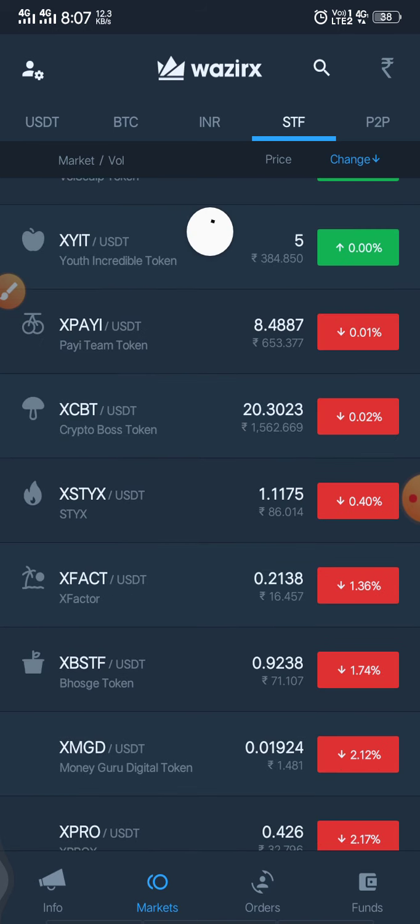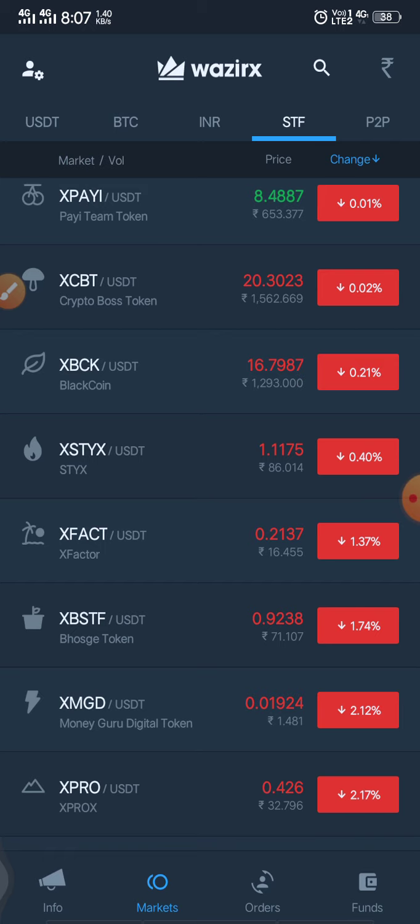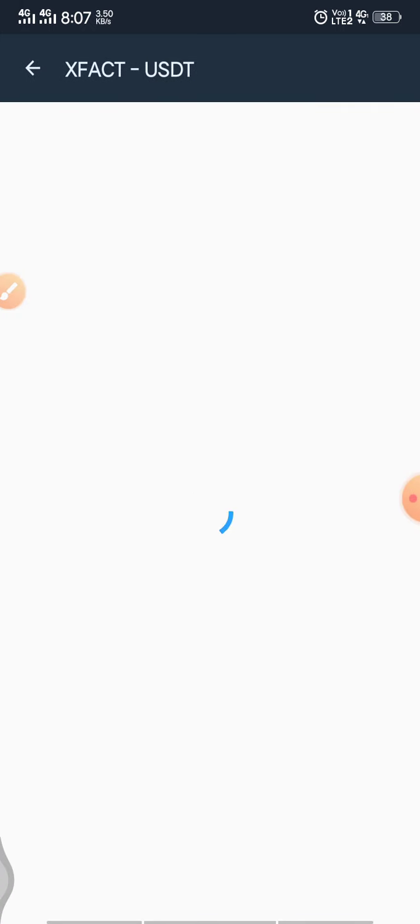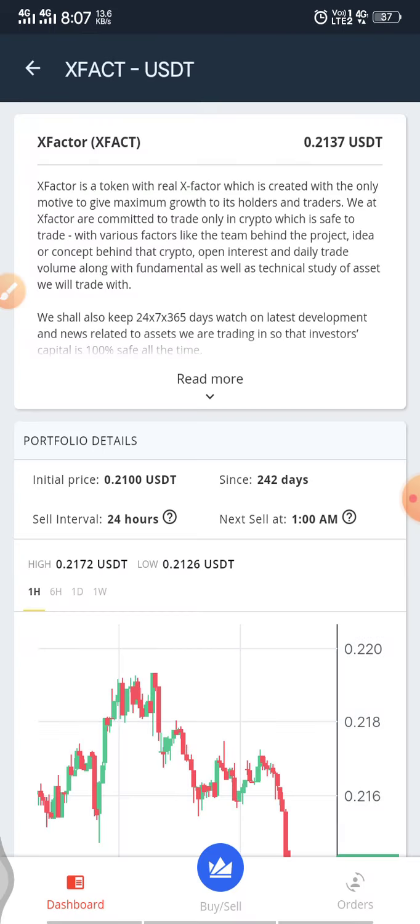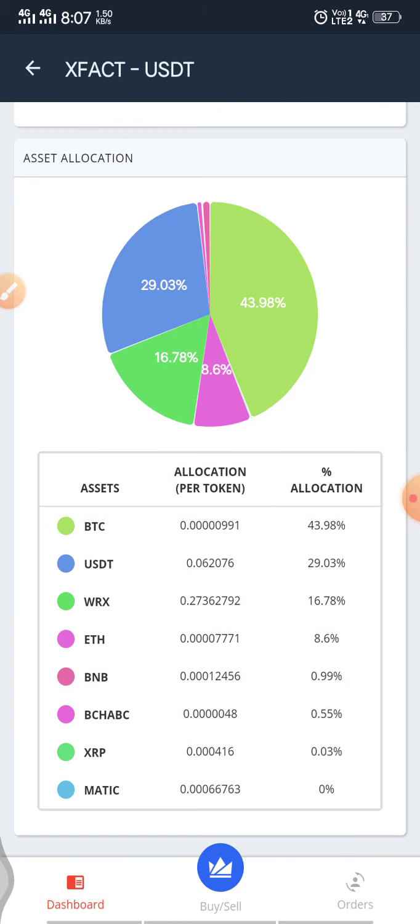You can see X Factor investing in different cryptocurrencies. If I exit on that, it will give me the same cryptocurrencies where it is allocated, like this one. See, he's holding BTC, USDT, WGDX and Ethereum. So whenever I exit, it will give me like this only, in percentages, whatever my investment is. If I invested $1,000, it will give you 43.93% in BTC only, and 29.03% in USDT only, like this. So this thing is bad, but all other things are good.